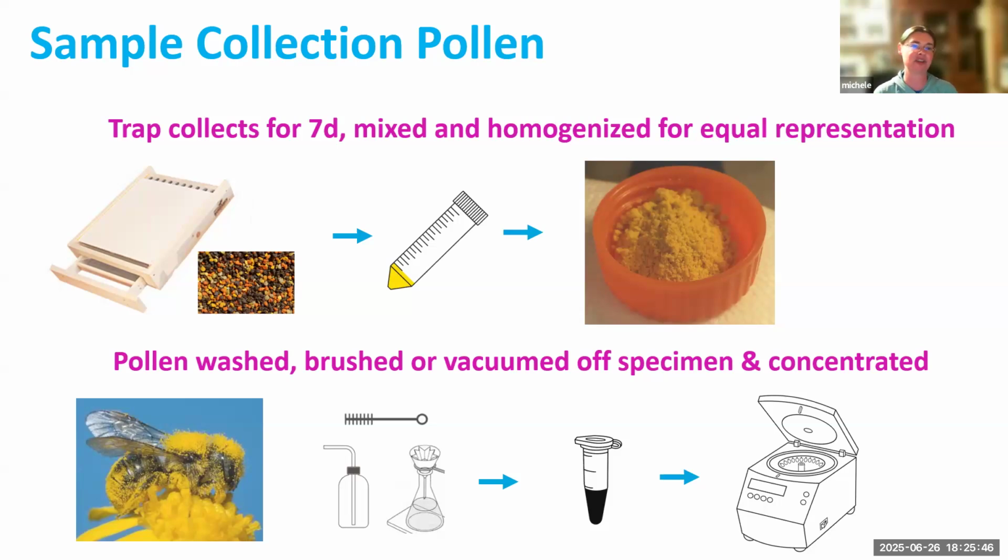So for pollen collection, usually the standard we recommend is you put a pollen trap on for 7 days. You collect it each day. You put it in a bag, you hand mix it as best as you can. You send it to me, and then I do something called homogenization, which is basically taking all of it, mixing it together really, really well, and making sure that all the pollen, no matter where you take that sample from, would be equally dispersed throughout the whole sample. And obviously you can understand why this would be important.